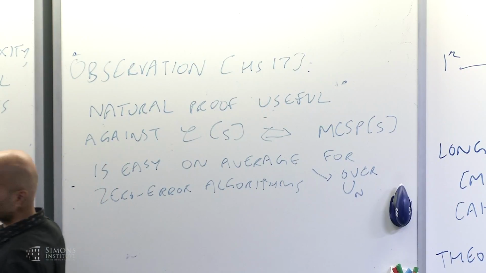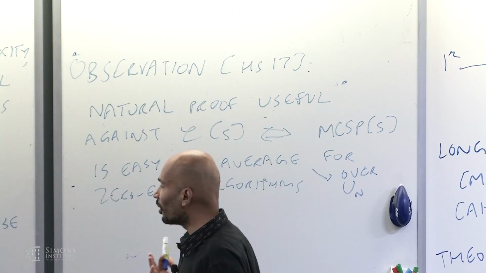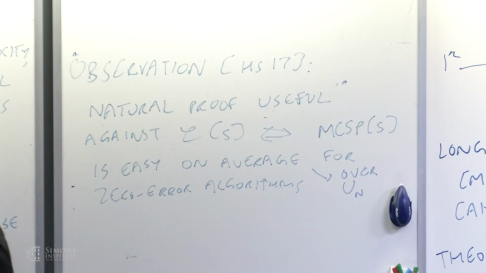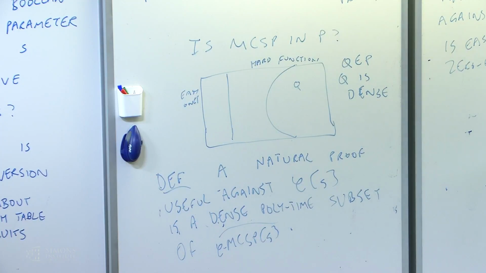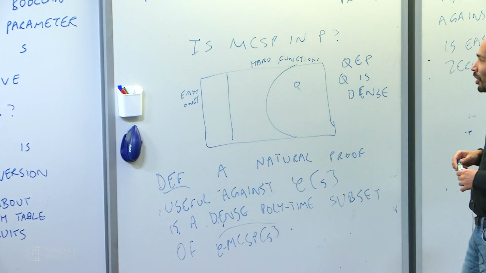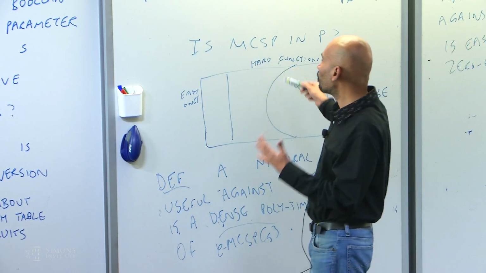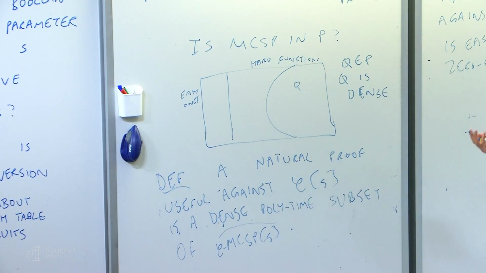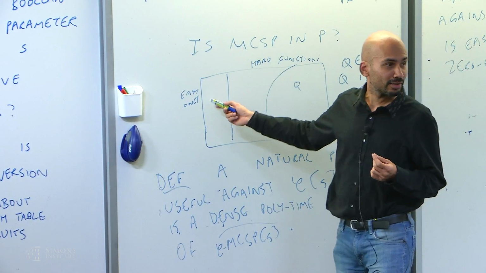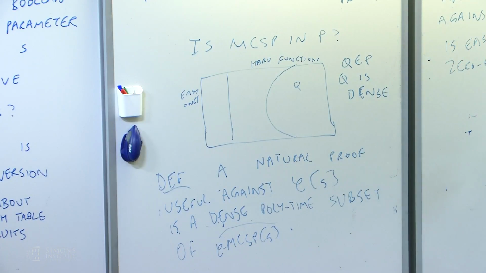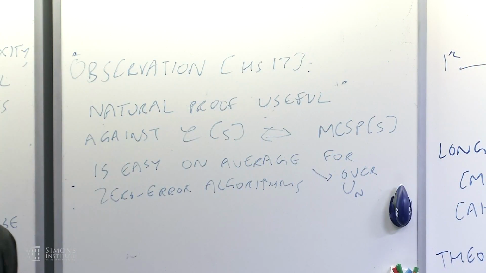Because if you just check membership in Q, and if it says yes, then you say yes. Otherwise, you just say don't know. And this solves the MCSP with a significant fraction of the uniform distribution. And the other way around just follows from the fact that MCSP is somehow biased, because most functions are hard functions. So if you have a zero error algorithm, you just throw away the inputs on which you get a zero, right? And you're still left with a significant fraction of inputs, and so you get a natural proof from that, right? But I think looking at things in this way, in terms of the average case easiness of MCSP, is somewhat useful.